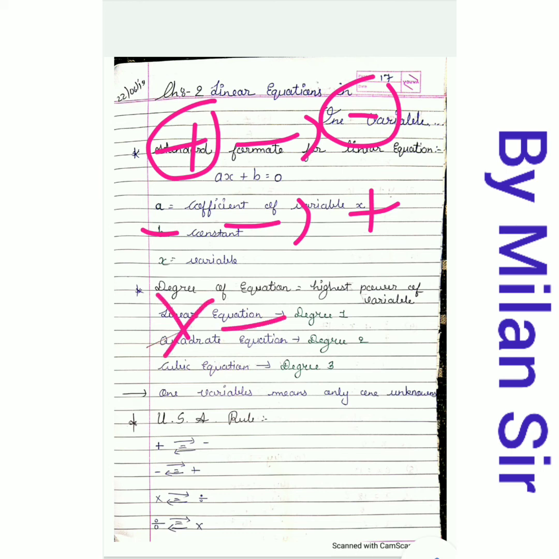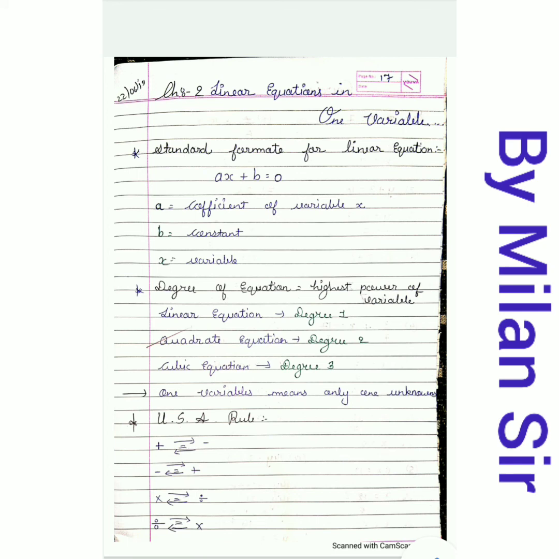Then the same thing for steering. In India, if you want to drive a car, then our steering is on the right hand side, but in the USA it is on the left hand side. So multiplication becomes division, division becomes multiplication. That means if we go to the USA from India, we need to change the rule, and if you are coming from the USA to India, then you also need to change the rule. That's why I give the equality sign. It is our border.